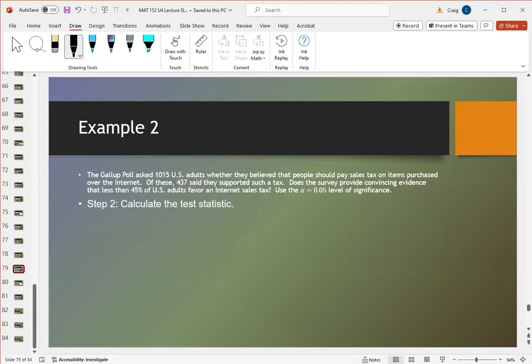To get our z value, we need the sample proportion. 437 divided by 1015 is 0.431. To find the standard deviation value, or the standard error, that is the square root of 0.45 times 0.55 divided by n, and then we take the square root. Remember, we're going to use the population values here. When you plug that into the calculator, we get